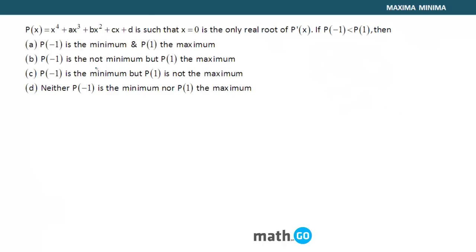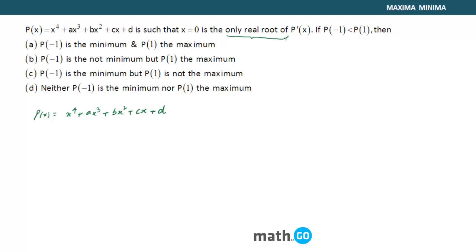Now let's take a problem which was already asked at AIEEE, and it's a beautiful problem to understand the basic concepts of maxima and minima. So P(x) is a biquadratic function that is given to you. P(x) is x raised to power 4 plus ax cube plus bx square plus cx plus d. This is given, and it is given such that x equal to 0 is the only real root,